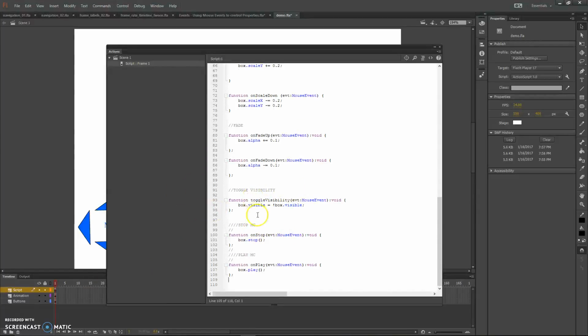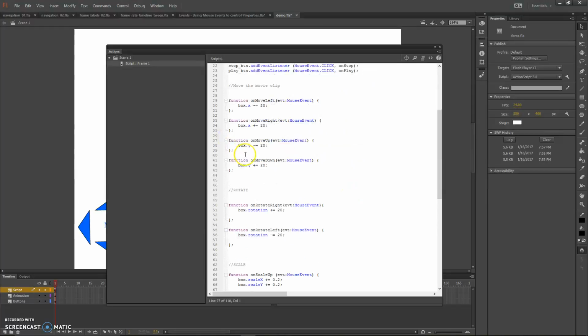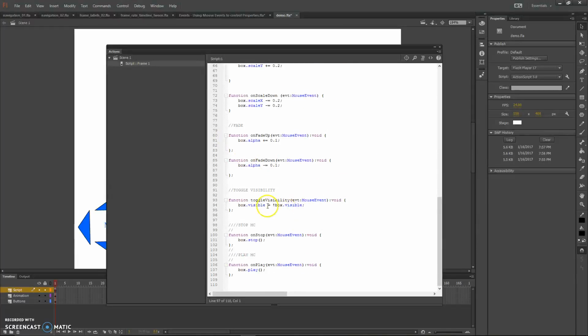If we look at the toggle visibility here, very familiar. The only bit that's slightly different is this bit here. Now, an exclamation mark like that means not. So this is box property visible, so the box is visible. The only difference here is the exclamation mark, which means box is not visible. Okay. So it's basically toggling that on and off. So when you click it, box visible becomes not box visible,